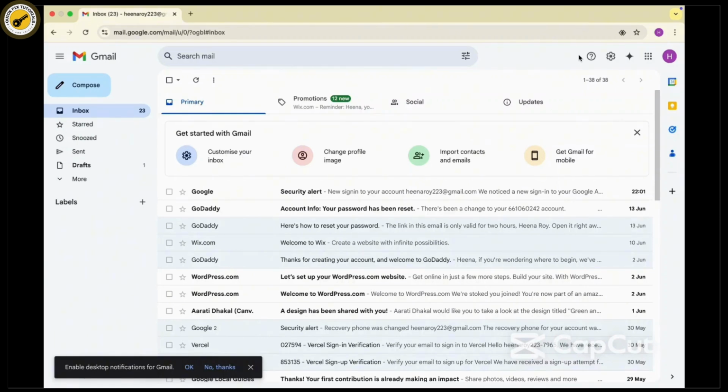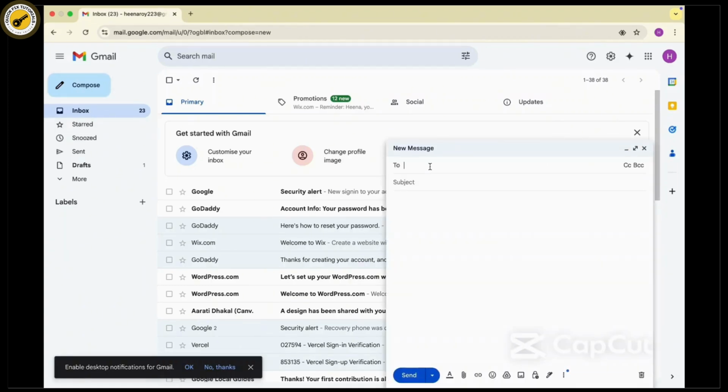Then all you have to do is tap on the compose button on the left sidebar to start a new email. Now all you have to do is write your email. Fill in the to, subject and message fields as usual. Once you fill out this information, all you have to do is,